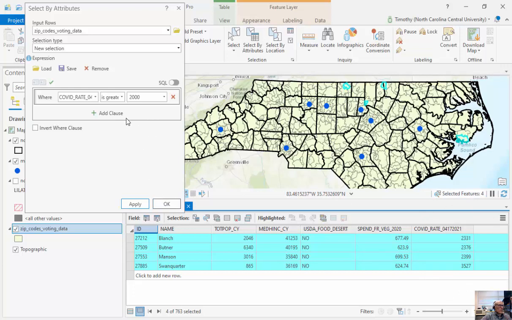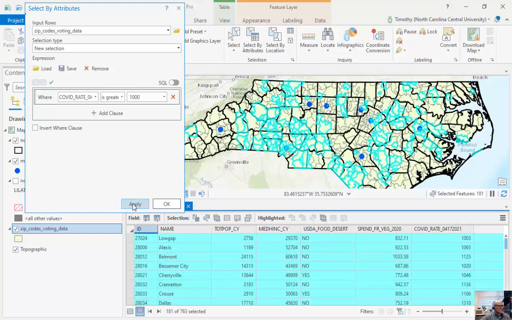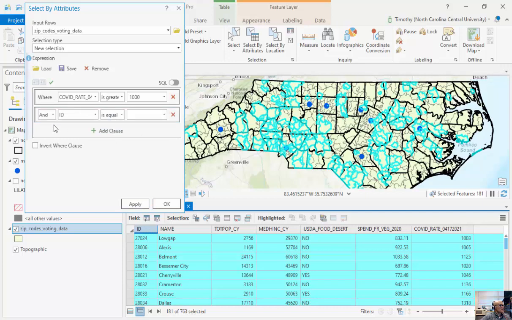Now I can get more and more complex here. So instead of 2,000, I'll get another one here. I'm going to type in 1,000, apply. So now we can see there's 181 of these that are greater than 763. Now I want to add a clause. Okay? And as part of adding this clause, like we said before,